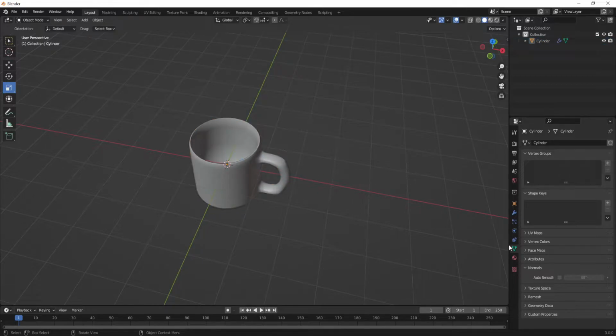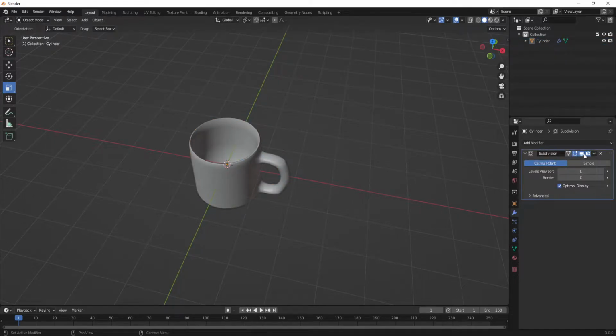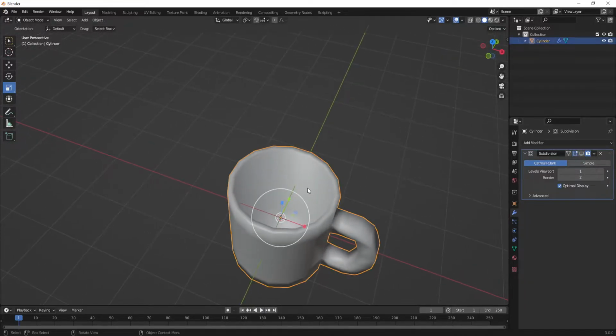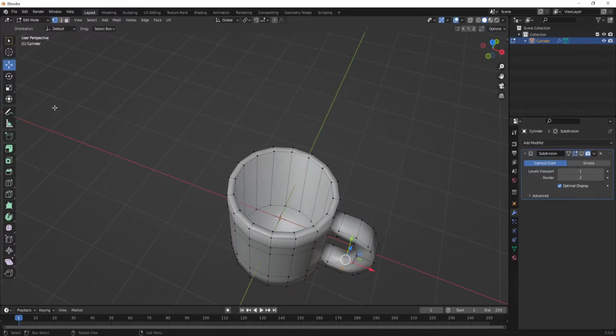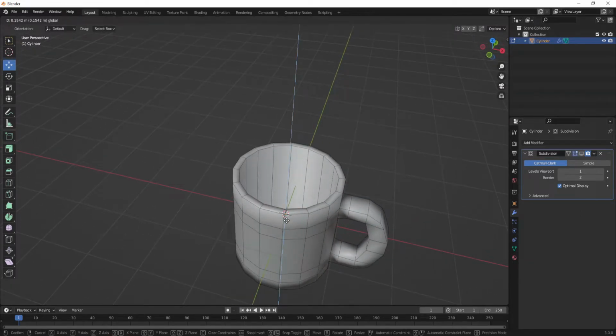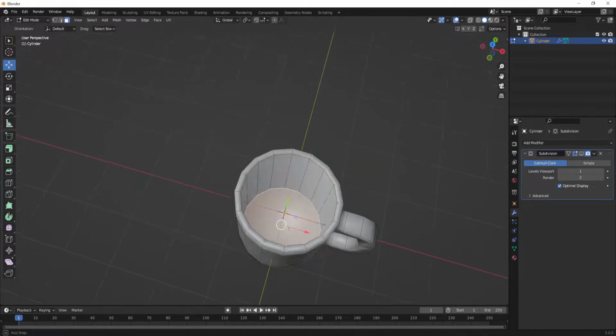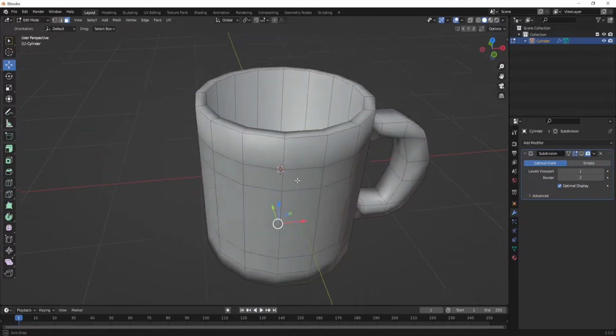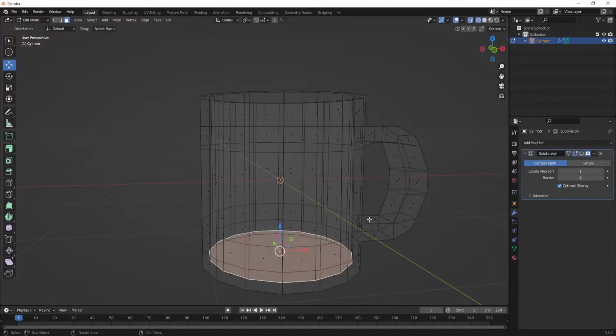What I would say is go into that modifier. Let's just turn off the display port here for the modifier. You can turn that off. If we go here and tab, we're going to just go into face mode. Select that bottom face. So right now the bottom face, we want a bit more of a flat inside. So I'm going to just move this up if I go into wireframe here, you can see